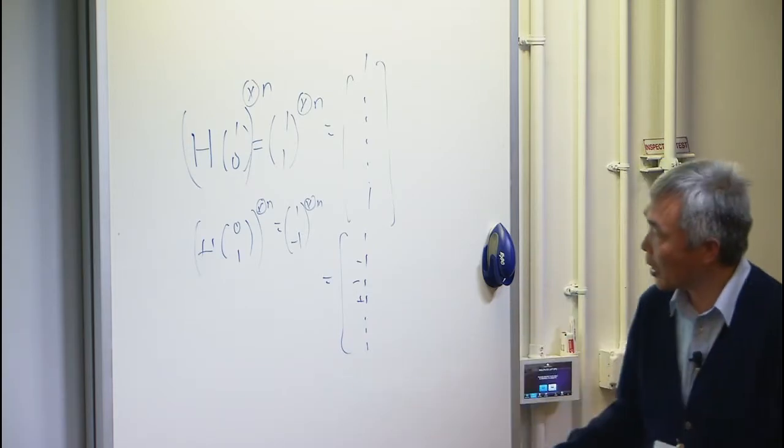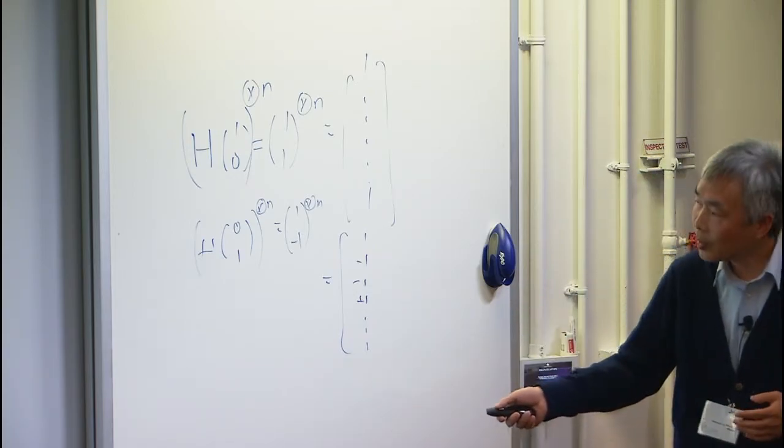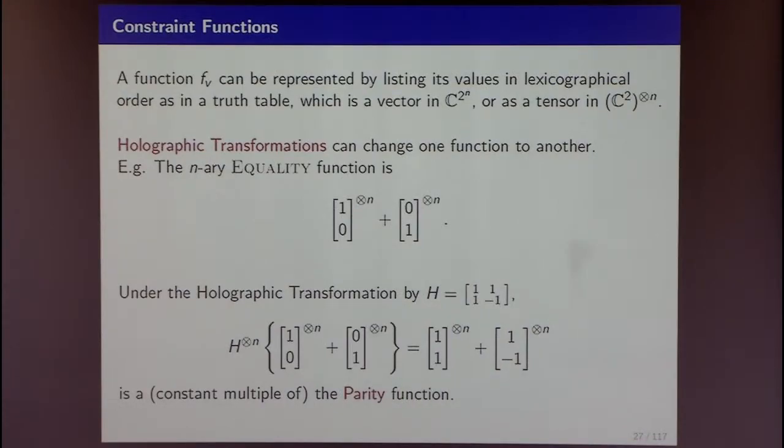So basically, what you have now is two vectors expressed this way, and then now you reassemble them, and there will be cancellations happening. And this turns out, if you look at it, to be the parity function. So what we have just done is some sort of a magical transformation by the Hadamard matrix, this 1, 1, 1, minus 1. Technically, you could multiply by 1 over square root of 2 to be orthogonal. That will transform the equality function to the parity function.